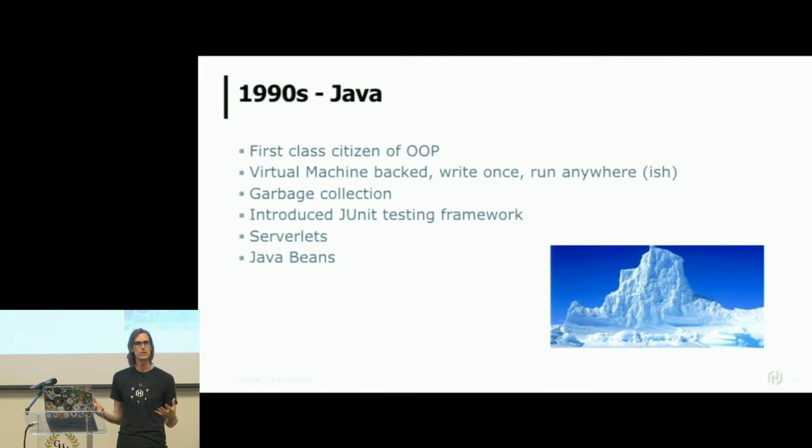They introduced concepts like JUnit and testing frameworks, serverless. We had this foundation and concepts around service-oriented architecture. Again, breaking down our applications, Java Beans, introducing the concepts of reusability. And actually, if you were developing software in Java in 1995, most of that knowledge is probably still relevant. The pace of change has been pretty glacial.